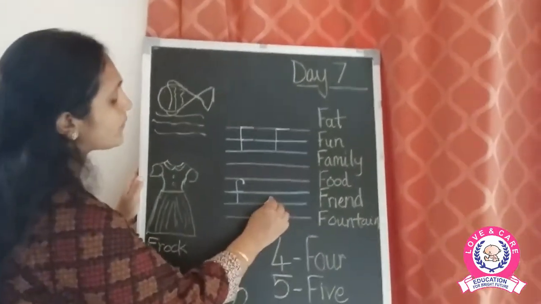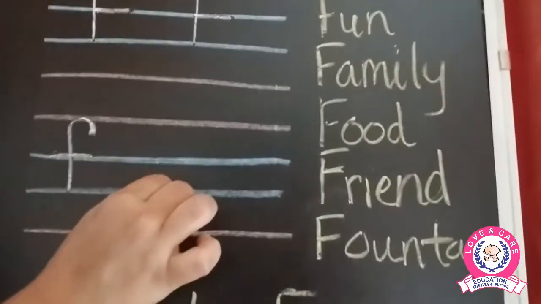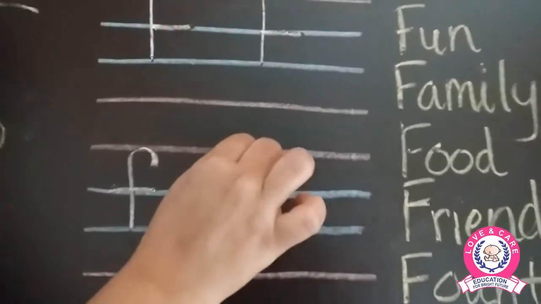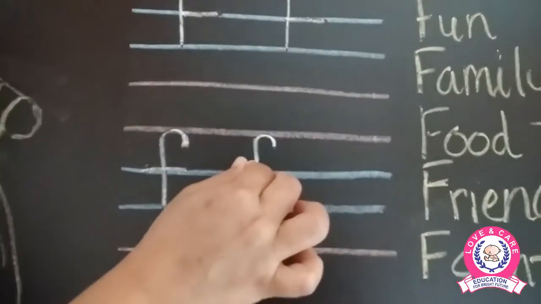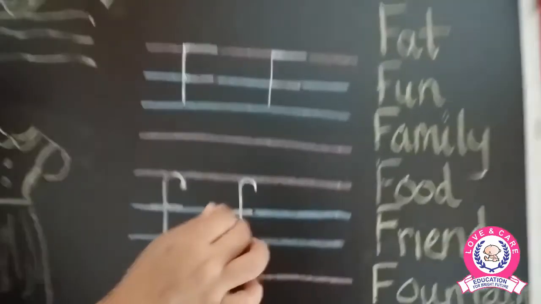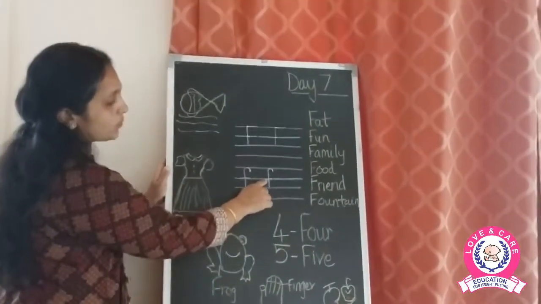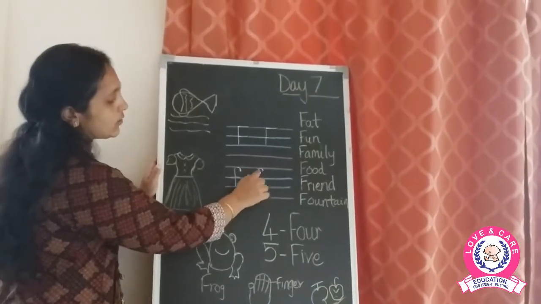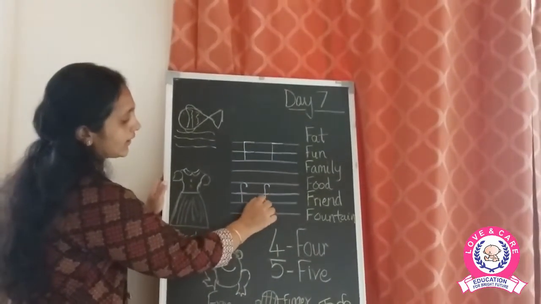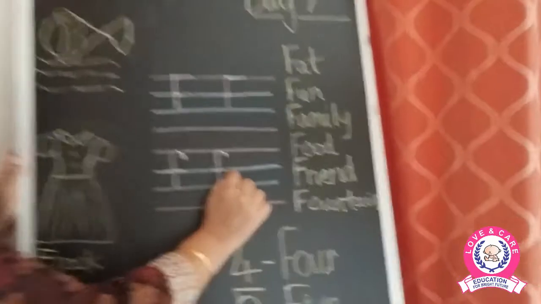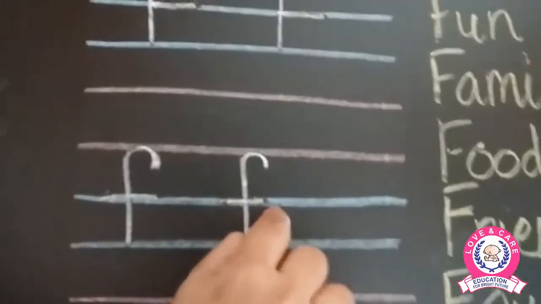One more time. Go from the second blue line, go up till the red line. Take a turn like this and make a slipping line. The slipping line should be small. It should not be too big. The slipping line should be on either side, it should be here like this. It should cross the standing line.